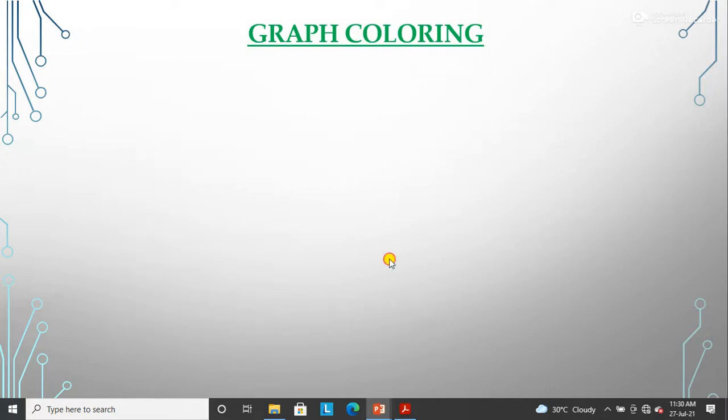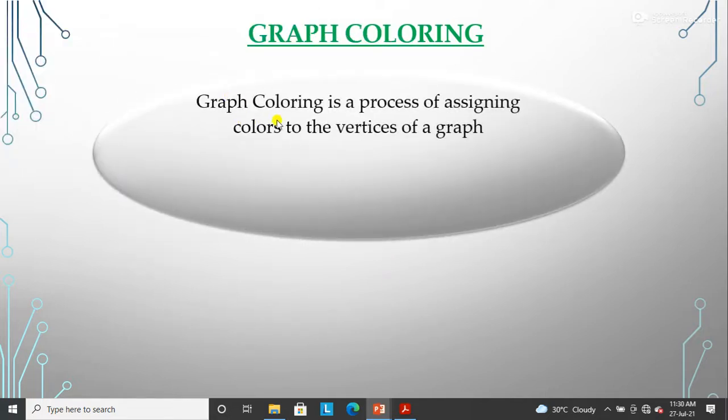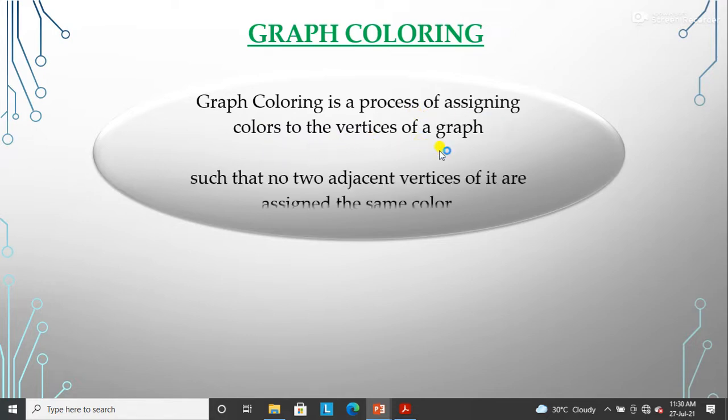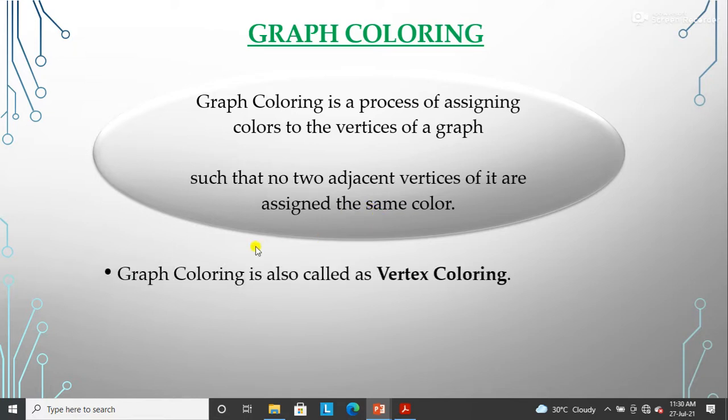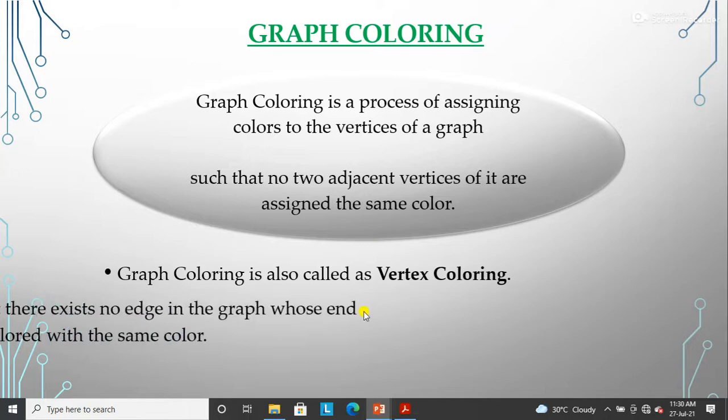So now, what is graph coloring? Graph coloring is a process of assigning colors to the vertices of a graph such that no two adjacent vertices of it are assigned the same color. Graph coloring is also called vertex coloring because in graph coloring we color the vertices.